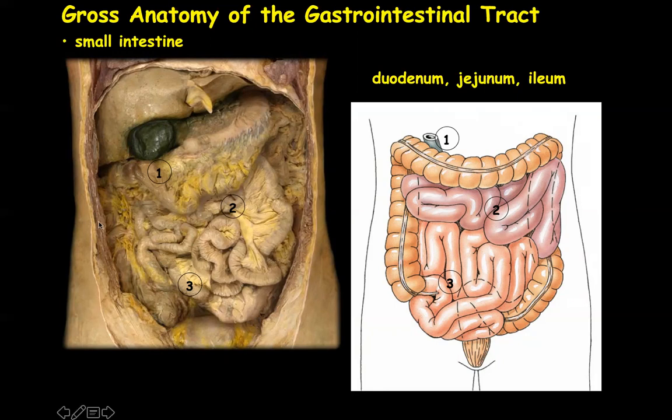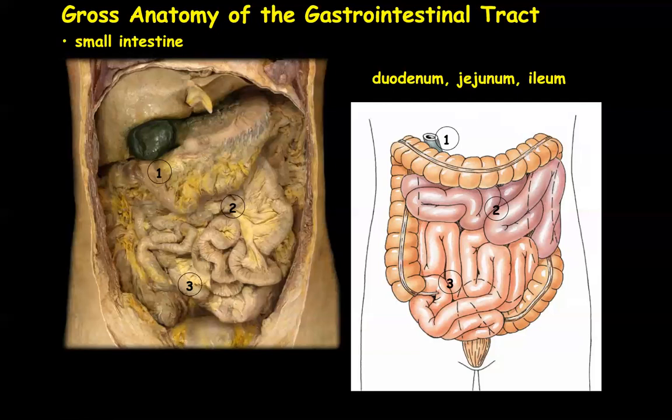The next segment is the jejunum, the middle segment. It's responsible for the majority of nutrient absorption as well as chemical digestion. It's about 2/5 of the length of the small intestine. And then the last section is the ileum, that last part of the small intestine, about 12 feet long. It's responsible for the final stages of nutrient absorption, and it's directly connected to the cecum, the first portion of